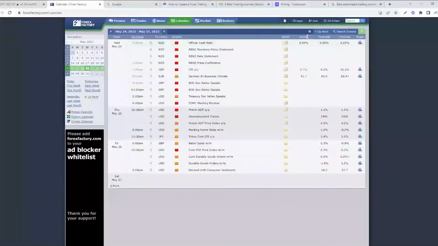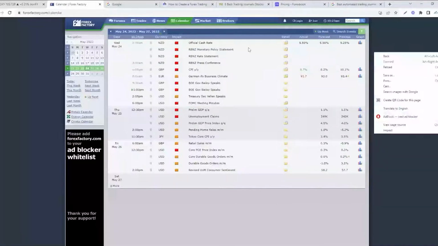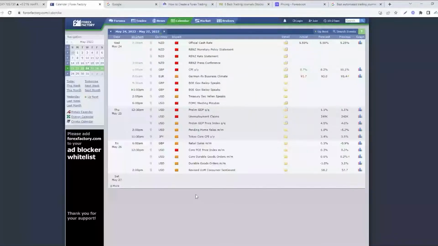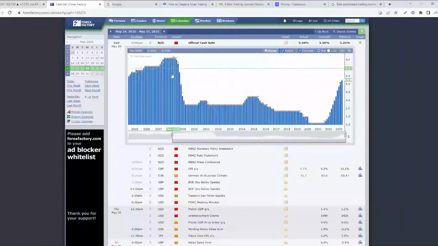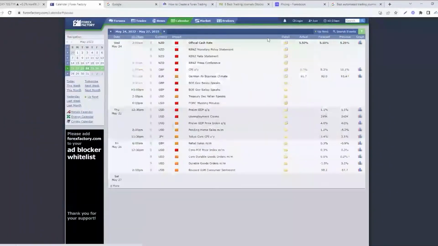The good thing about Forex Factory is not only that you're able to filter through historical and future economic events. You also have the graph icon here. So you can click on the graph icon and you're able to view it directly on this website. You don't have to go to another website or Google for something else to view how this particular data point has performed over the last few years or months. And if you click on the folder icon,